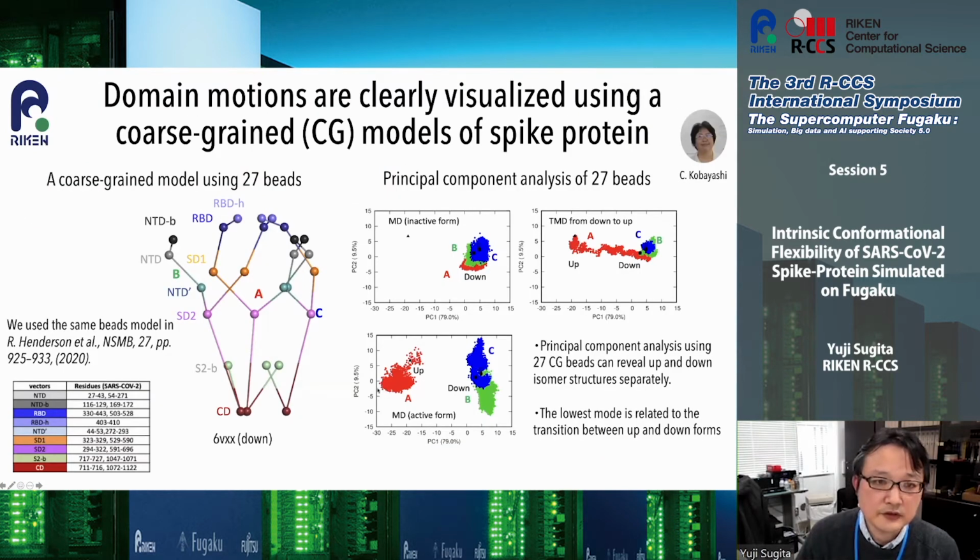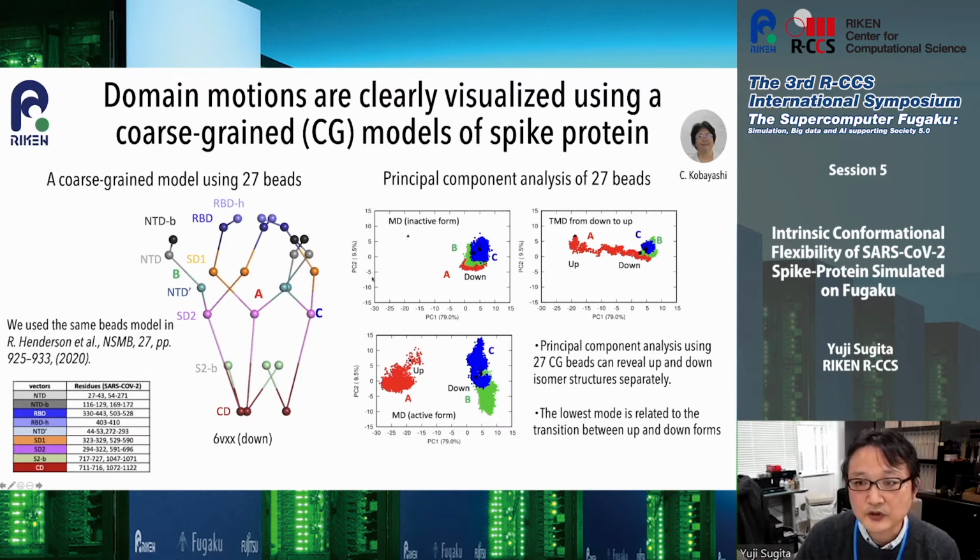So next, we'd like to answer the first question: how can we simulate the large conformational change? To visualize such complex motion, we are coarse-graining these structures using 27 beads. This coarse-grained representation was used for the spike protein in these papers to compare different spike proteins in different viruses. Here, the spike protein structure is represented using the 27